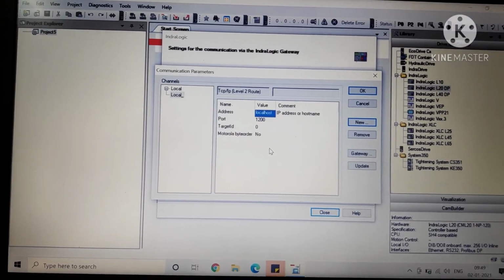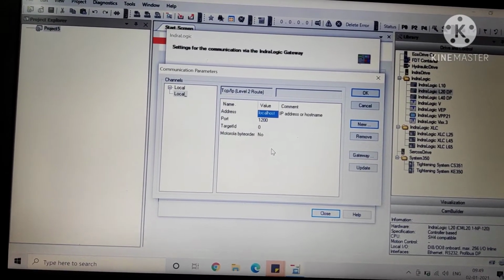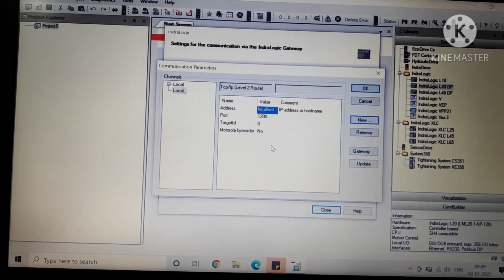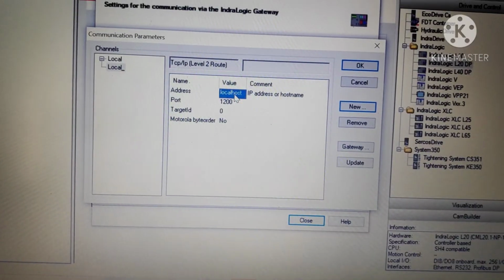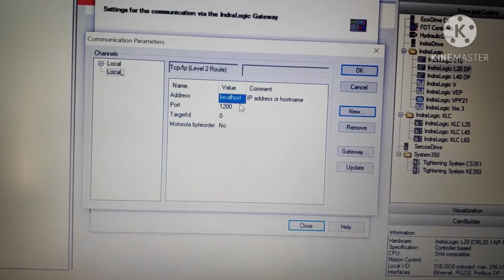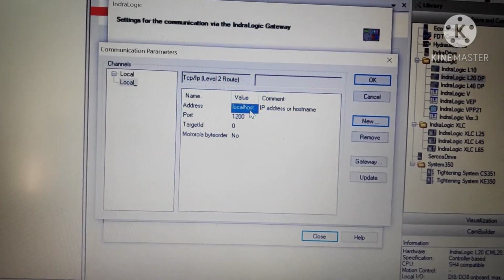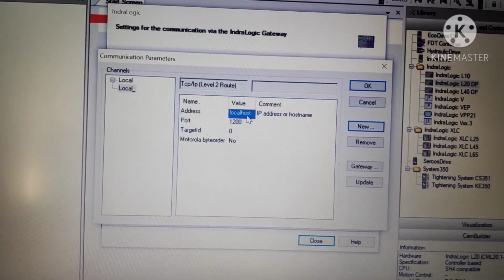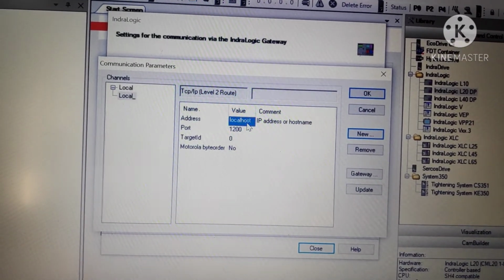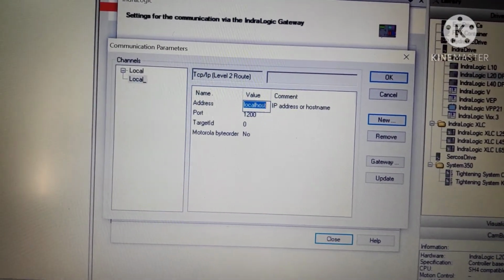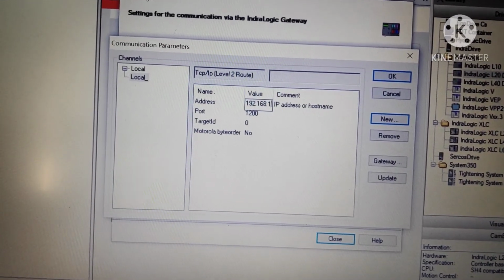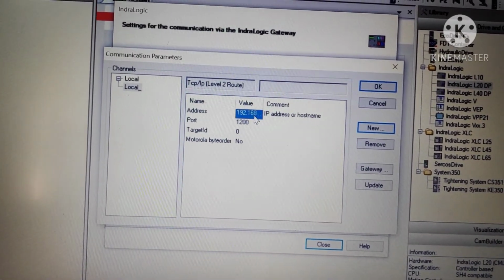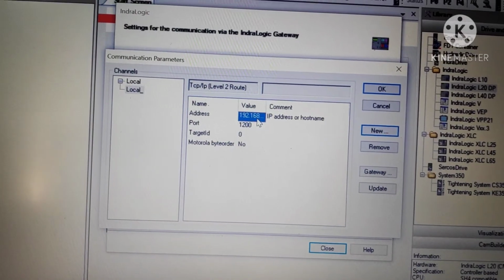If you are on the campus, if you are having the PLC, you will enter the IP address which is on the PLC screen. That is clearly explained in my other video. Yeah, so I have already told you, you need to enter the IP address over here. So when you're working in offline mode right in front of your PLC, you can see the IP address, but now as you cannot see, just remember whatever I'm entering here, just double click. So 192.168.1.25, all of you can enter the same IP and click enter. You have to click enter. If you forget to click enter, it will not register the IP address.